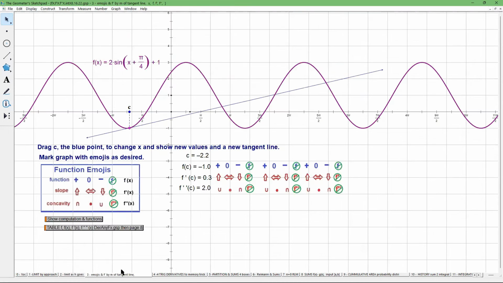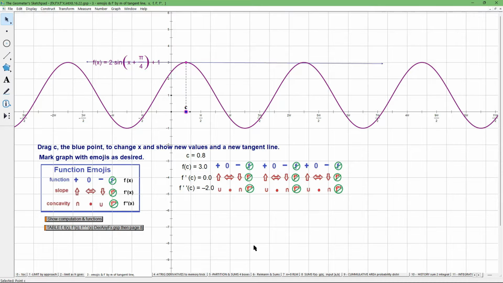Next page. This page has something I created, I guess, 2 years ago. These are emojis. I'm looking at this curve. It's a sine curve. The line is a tangent line, but what's of value here is how nicely and quickly it takes the tangent. You can see that the tangent here